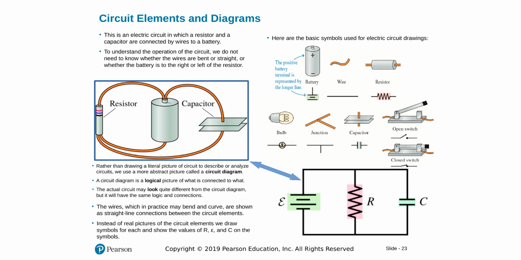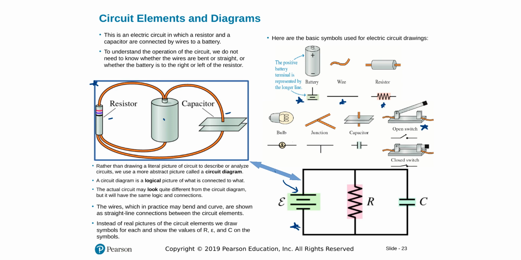As we draw a circuit, this circuit here would be how overall a circuit would look. We have a resistor, capacitor, and a battery here, and as we symbolize this circuit, here is how we would show them. So each circuit element, we use a symbol to simplify and draw a circuit and solve for the values that are needed. Here is how everything is symbolized: a battery, a wire, and resistor,